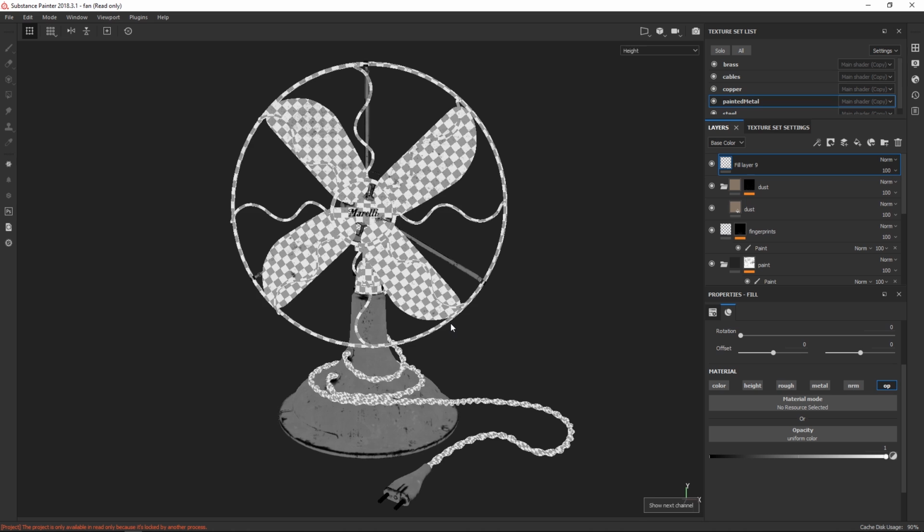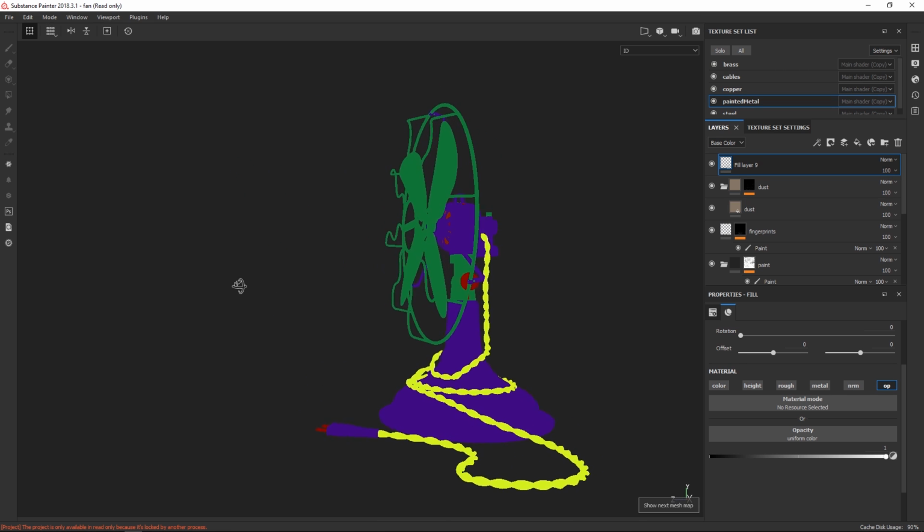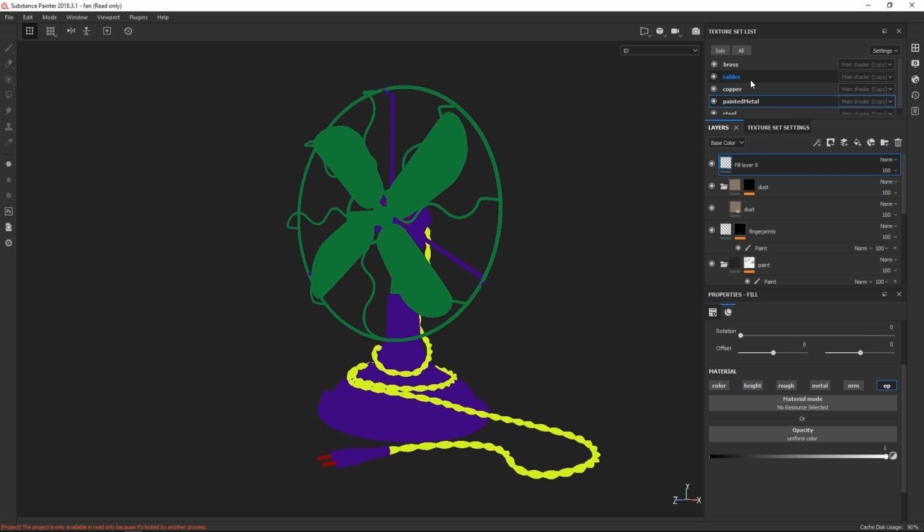Then the last map we're going to be talking about is a very simple one. This is the ID map. This is essentially just masks where each portion you want to mask out has a different color for it, which makes it incredibly easy and fast to texture. So let's say all this here is under one texture set. Now we can simply do a color selection. You know, if you're in a mask, and then you can simply click and drag on it, and then now you have a mask for that area.